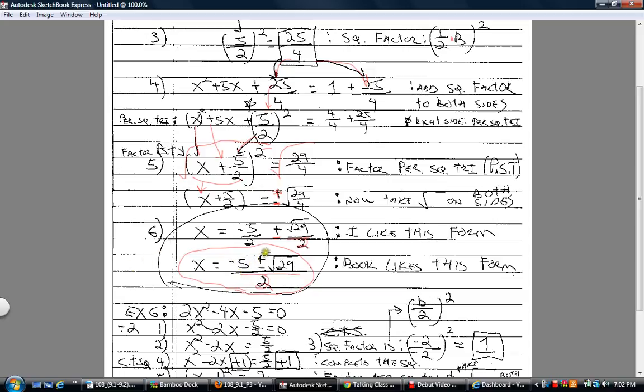So it's negative 5 plus the square root of 29, divided by 2, comma, negative 5 minus the square root of 29, divided by 2. Make sure you see there's 2 separate answers there. Okay,